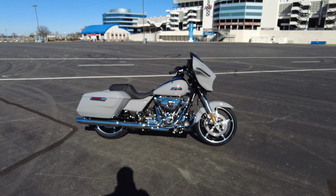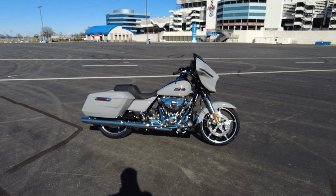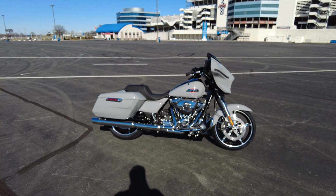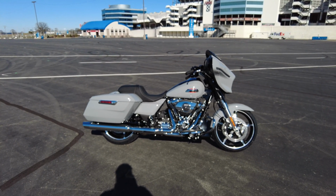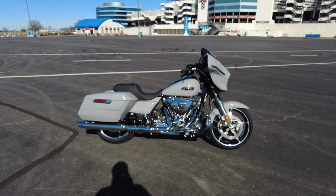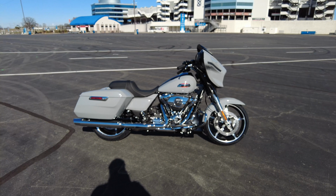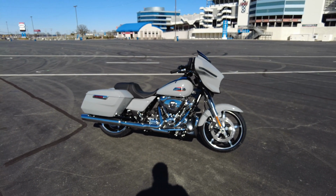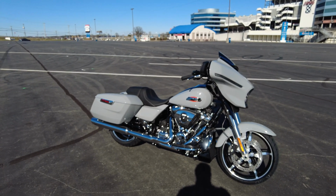So Harley-Davidson did some amazing things this year for 2024. One thing they did was lower the cost on the Street Glide and Road Glide. The new MSRP on the base color, which is this billiard gray with the chrome, is only $25,999. And for that price, I'm gonna tell you, you get a lot. Now that's not including dealer fees, tax, title, delivery, setup, none of that,